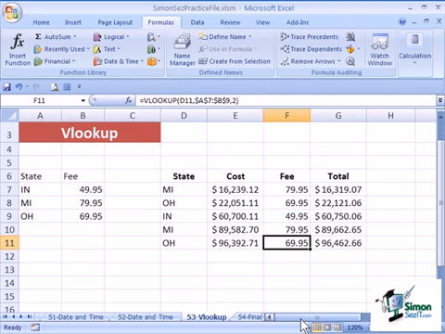Now I want to really encourage you to look at the help file on Vlookup. I encourage you to go online, or if you have a good resource book, look at other examples. And you will be amazed at what you can do with Vlookup, HLOOKUP, and the other lookup functions. But I can tell you now,